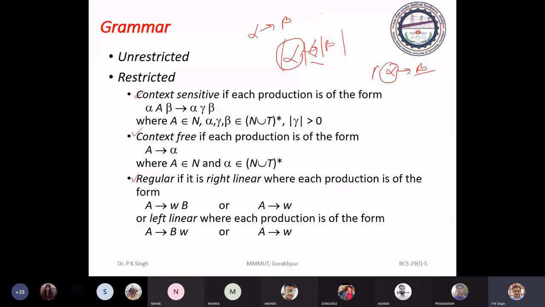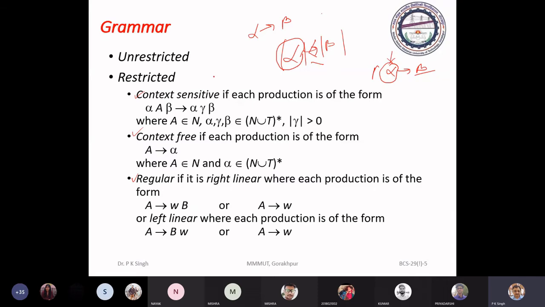Here beta may be a string of terminals and non-terminals. If we have this type of production in the grammar, then that is called context-free grammar.